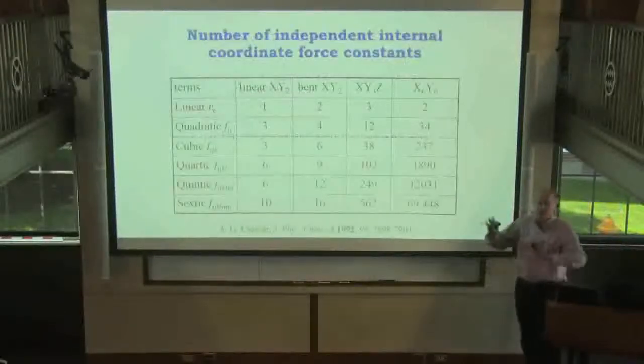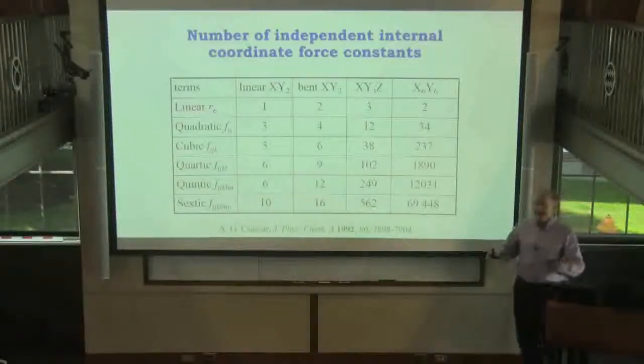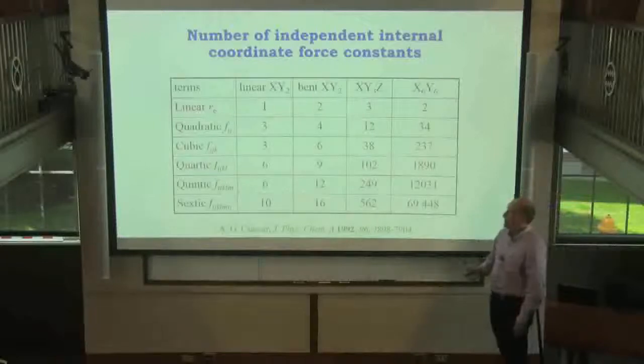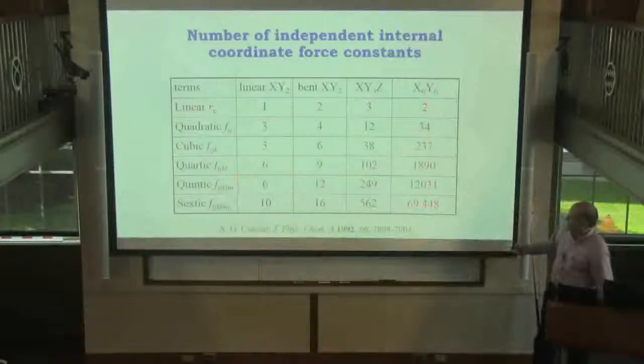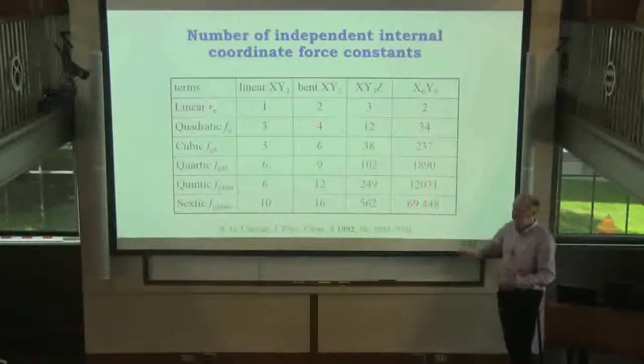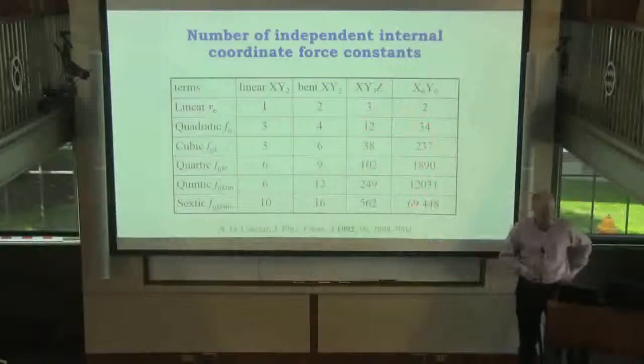So first, if you try to study the structure of a molecule, you have to determine how many independent structural parameters this molecule would have. And unlike the force constants, which can go for a simple molecule to 70,000, if you are interested in the 60 force constants, the linear force constants, the structural parameters are only a few in relatively simple molecules,